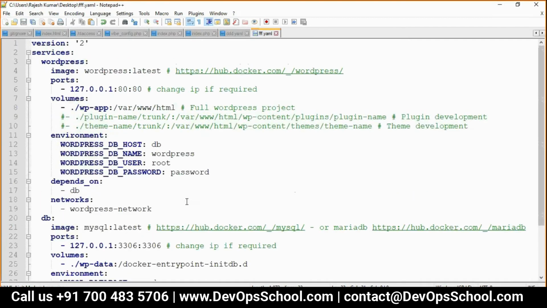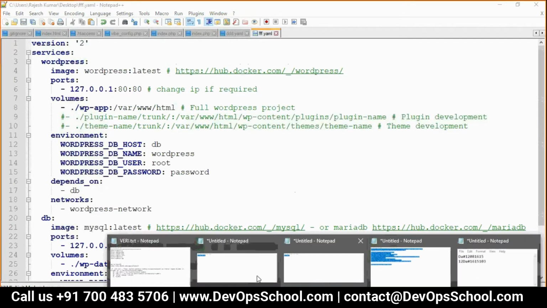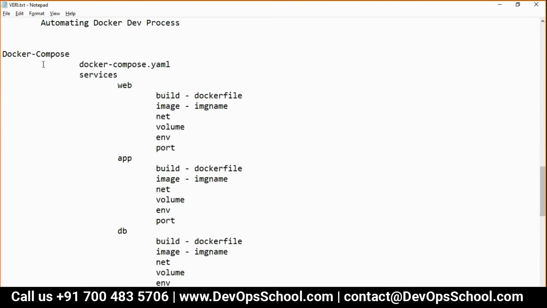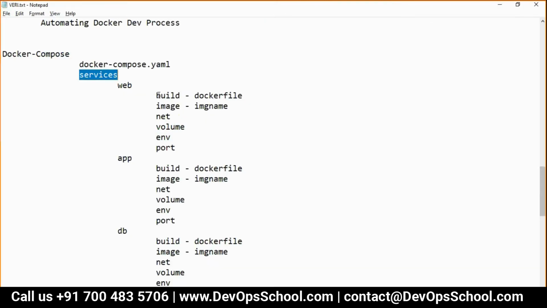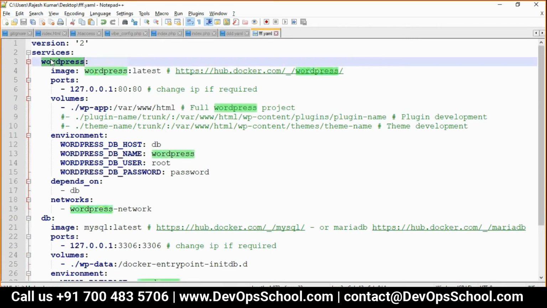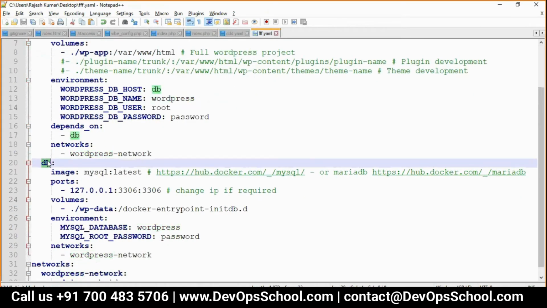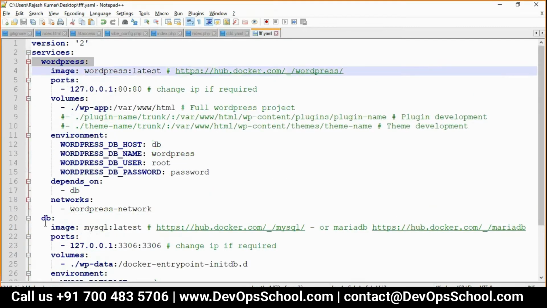See this. Look at this here. Match that with the description. I said you have a compose file which has services. See services. Now what is this? Web service, app service, database service. Like that, you have WordPress as one service, database as another service. Same thing you will run with a link, just now, 5-10 minutes before, I mean before the break.